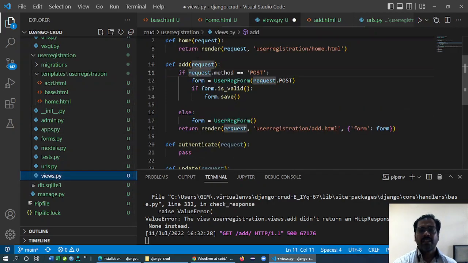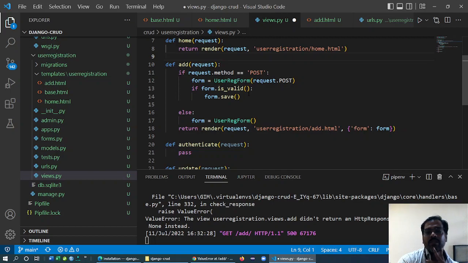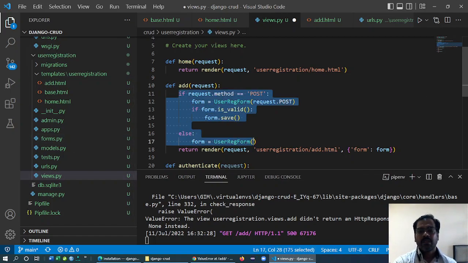That is because views add request, user registration add form. Is post, user is a reg form, request post, form is valid, form save. I don't know where is the problem. Return none instead. It usually happens whenever we, why this is happening. Okay, let me